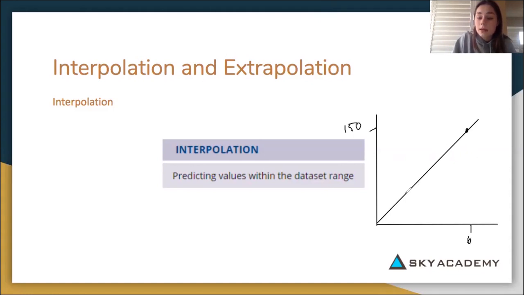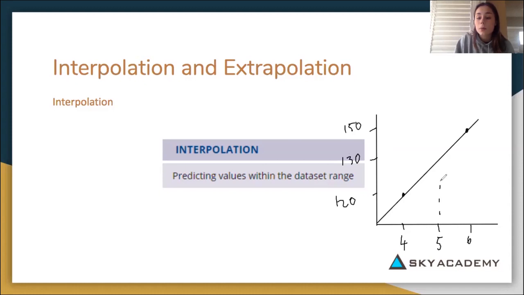And I had my first value at 4 and 120. If I was to predict the value that would be at x equals 5 and 130,